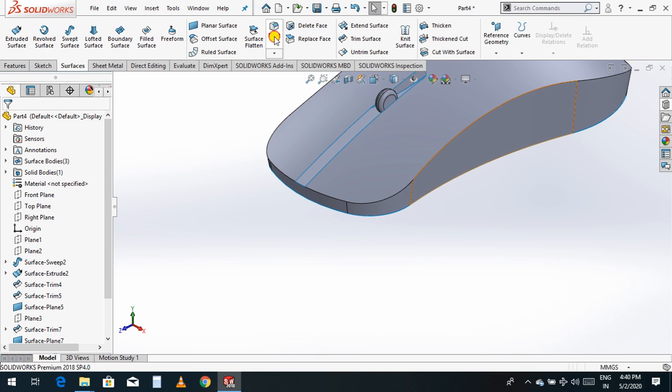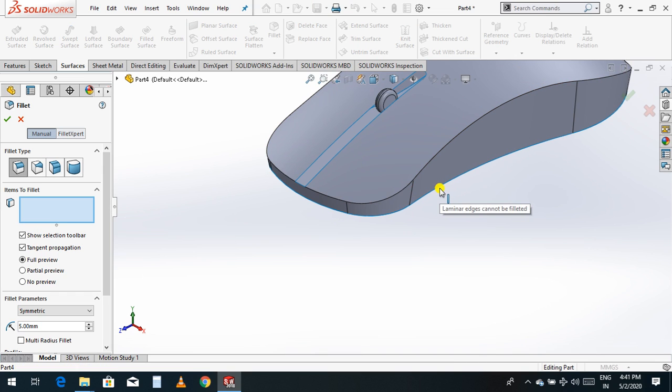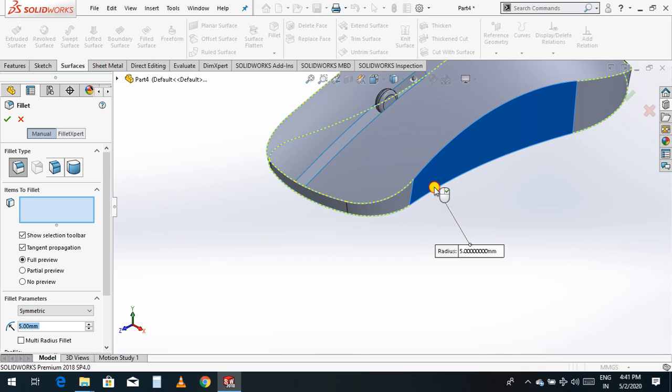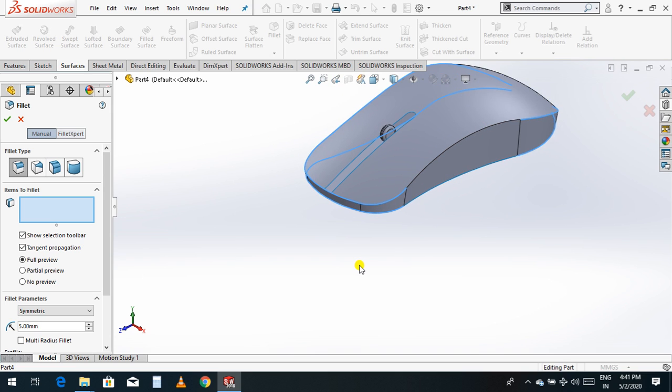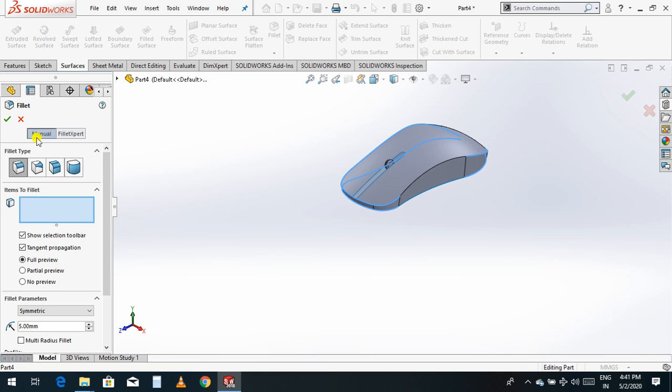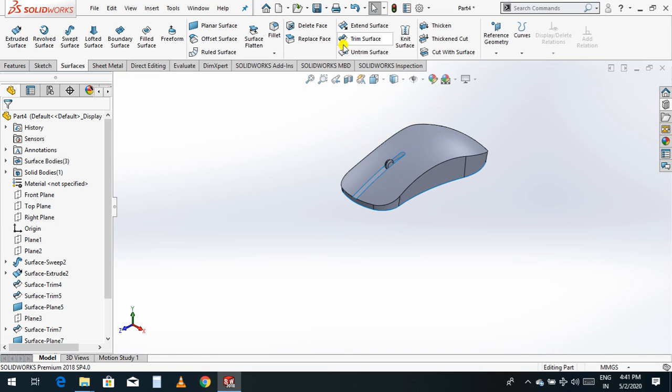We'll choose the fillet down. Select this one. Fillet, you choose this one.